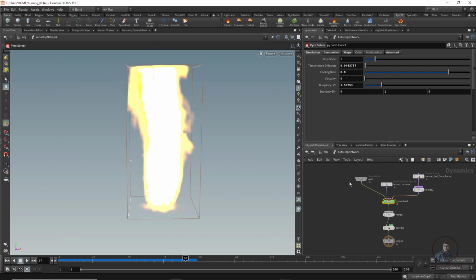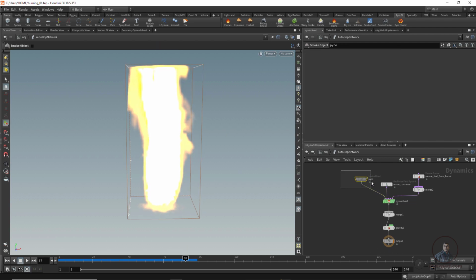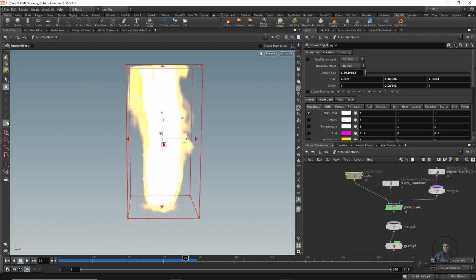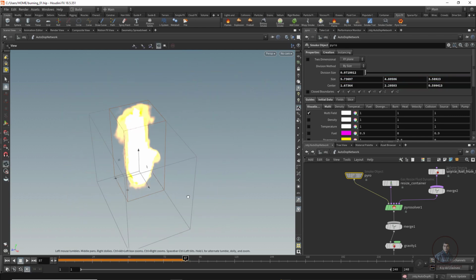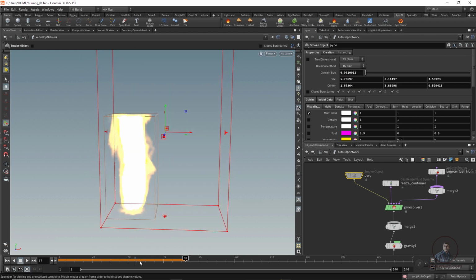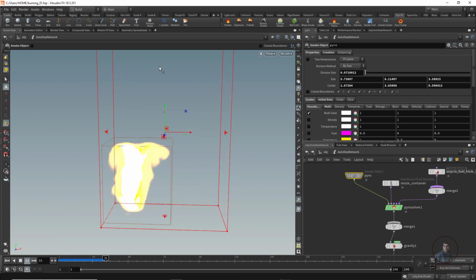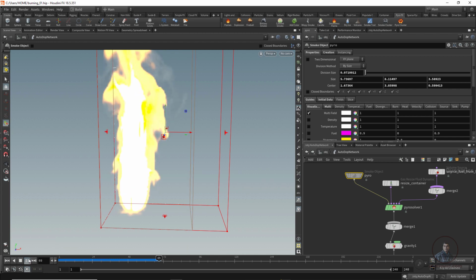So how can we adjust? Simply select this pyro here. Then from here take the transform tool, and if you want you can adjust. A little bit I am going to adjust it here. Now you can see this is a slightly different color, which means you have to cache your simulation in RAM again. Now click on the first frame again, then play and check. Now you can see it's going. Like this you can adjust your bounding box.